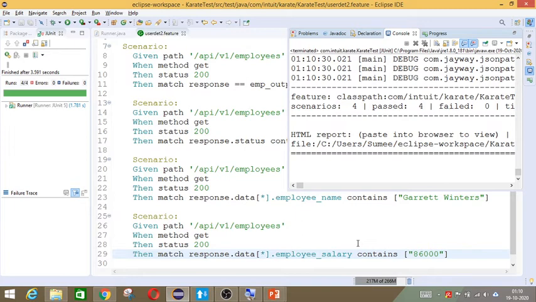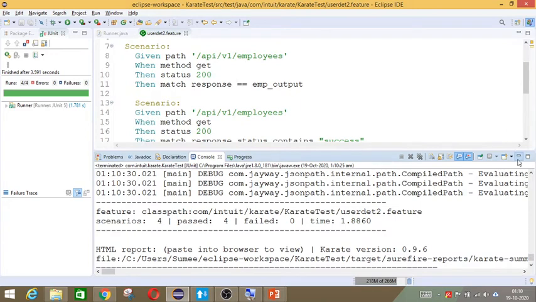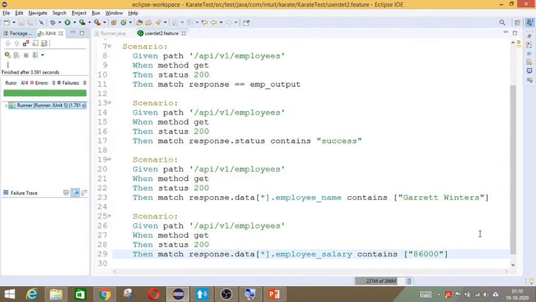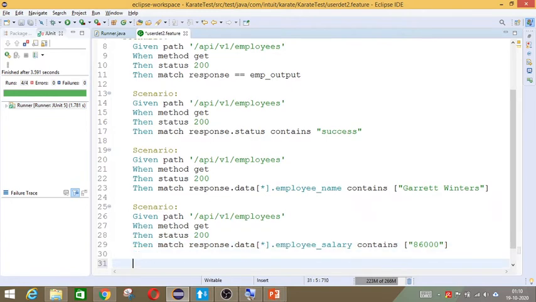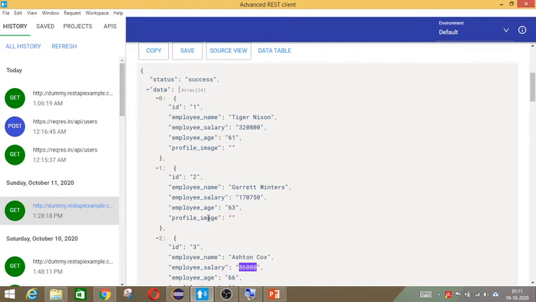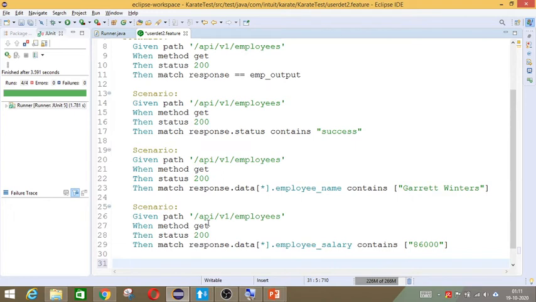Okay. Now if you want to see whether a particular field is present or not, let us take for example employee SSN. Whether employee SSN is a field which is available in the JSON or not is what I wanted to check. So for that, how will I give it? Right now you can see that there is no field like employee SSN available, correct? But you wanted to be double sure that there is no SSN value available which is coming out as an output. Then you can give like, we'll have a new scenario.